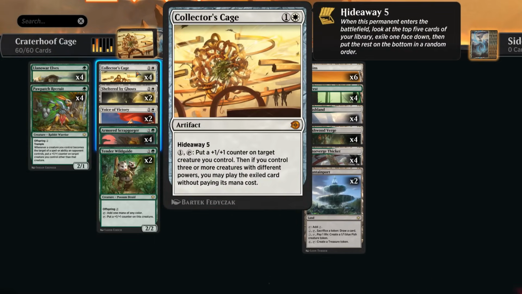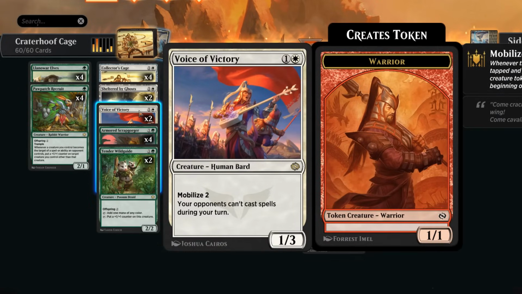Then at 2 mana besides Cage, we have the new Voice of Victory, a 1/3 with Mobilize 2, preventing the opponent from casting spells during our turn, and that part is actually pretty important when trying to go off with Collector's Cage at times. If your opponent is keeping up instant speed removal, they might be able to mess up some of your Collector's Cage synergies by destroying a creature, so you no longer have 3 creatures with different powers, so then Voice of Victory can shut that all down, while also making multiple tokens by itself